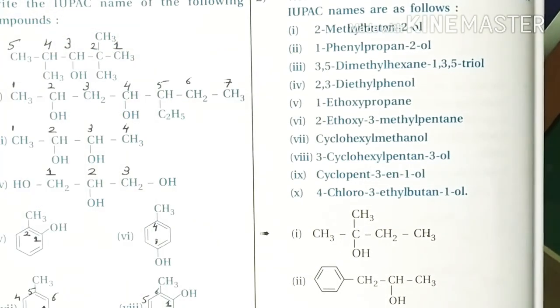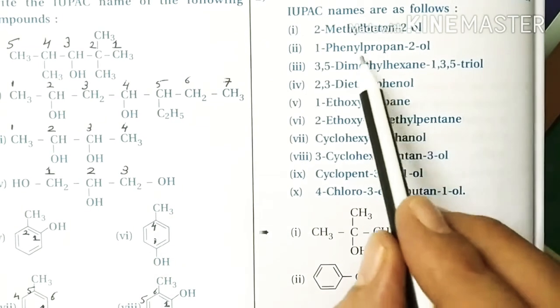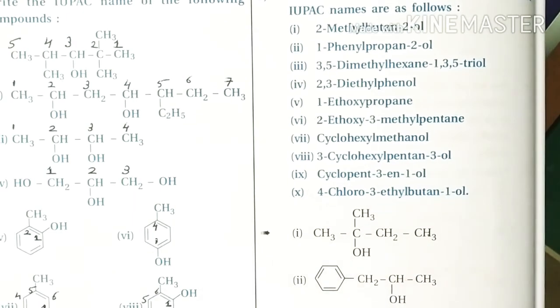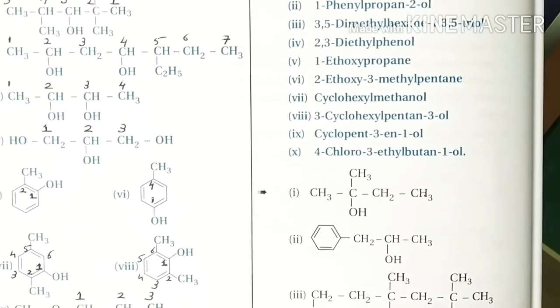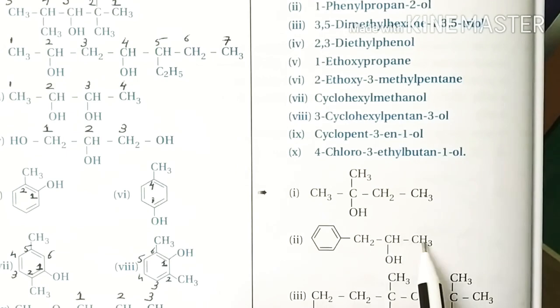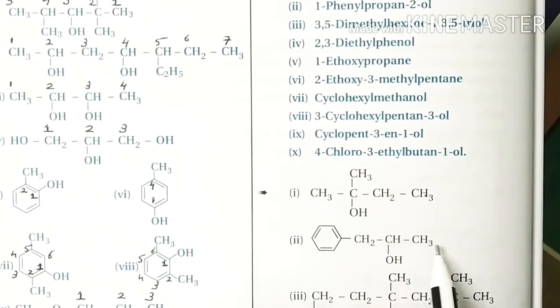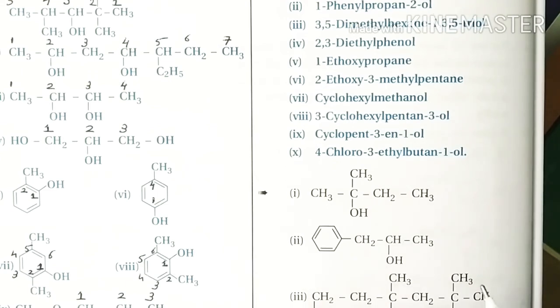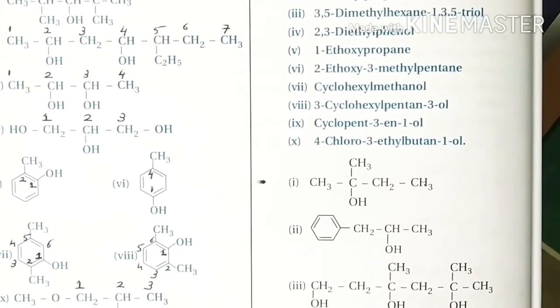Next one is 1-phenyl-propane-2-ol. What the given propane-2-ol means is we have to draw 3 different carbons, so 1, 2 and 3, propane-2-ol, and 1-phenyl. Now satisfy the valency with the hydrogen. So okay, fine. Next one,